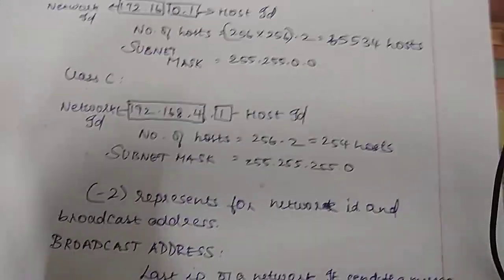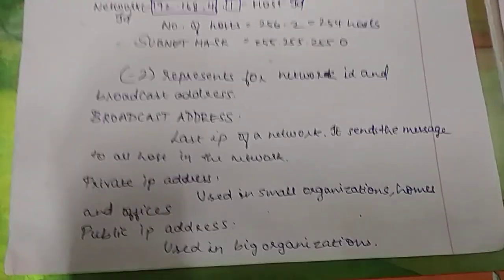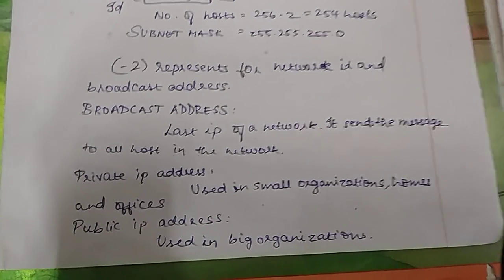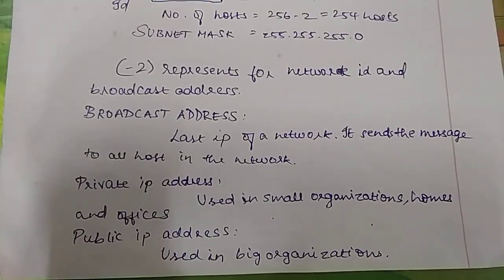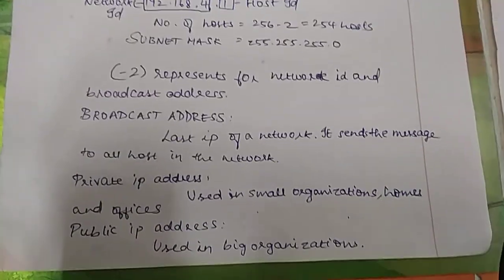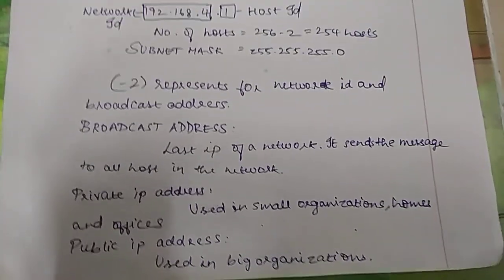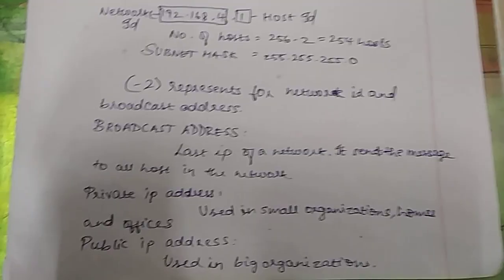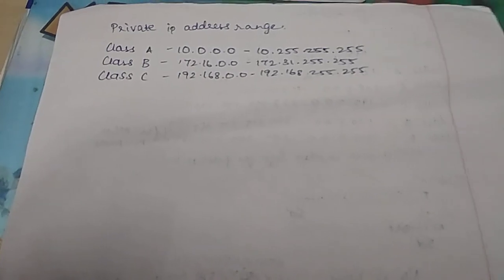Now, what are private IP addresses? They are used in small organizations, homes, and offices. Public IP addresses are used in big organizations. Now, we'll see the private IP address range. In Class A, it is between 10.0.0.0 to 10.255.255.255. In Class B, it is between